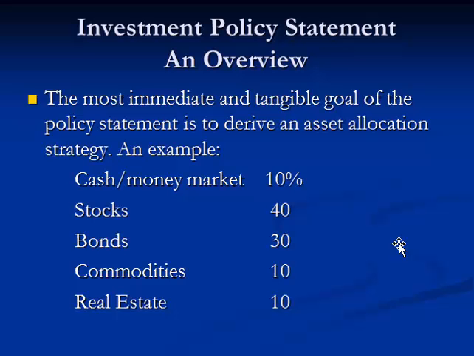Those terms are synonymous, cash and money market. So if you read the Wall Street Journal or listen to CNBC, and investors are telling you that they have 10% in cash, it really means that they have their money parked. It could be in treasury bills, which are a form of money market, or some other type of very short-term liquid assets, which we'll be talking about throughout this semester.